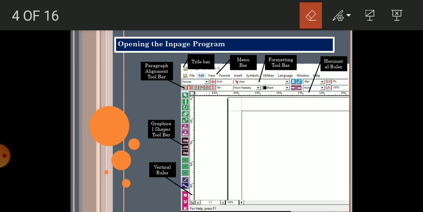When you click on the File menu, you will be presented with the file options, and from there you can select a new document, which we will come to later. Then you can select Edit and the related options. View helps you to increase or decrease or enlarge your document. Format allows you to format your document. Insert is for inserting symbols and other things. There are some symbols placed over here as well. You can directly click here and select some extra symbols. You can also select other graphical things like JPG images by clicking over here.